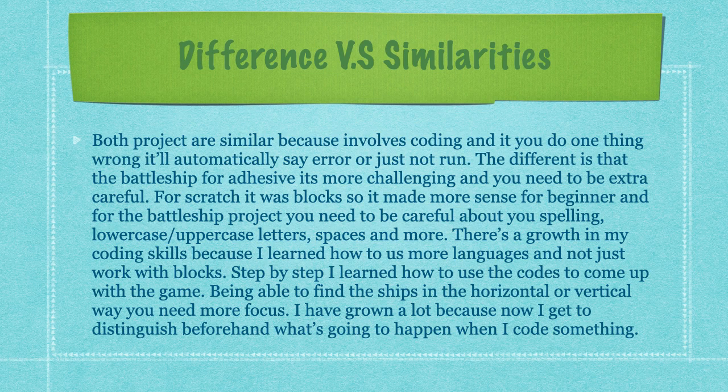The differences and similarities. Both projects are similar because they involve coding, and the difference is that Battleship is, like I said, more challenging, and you have to be more careful with where you put your letters, what code you use, this and that. And if you make one little mistake, then you have to go back and forth to check where you made your mistake. I learned a lot, and I could definitely say that I've grown a lot